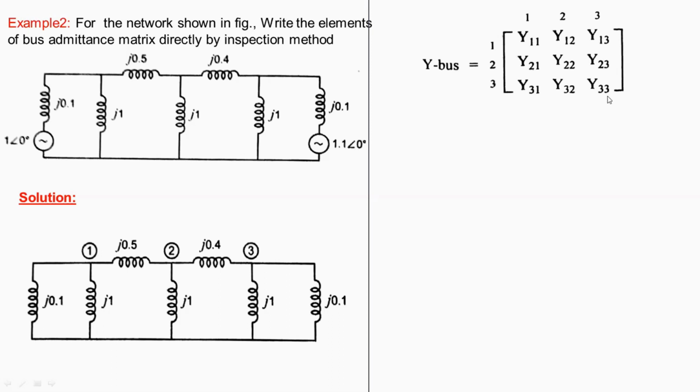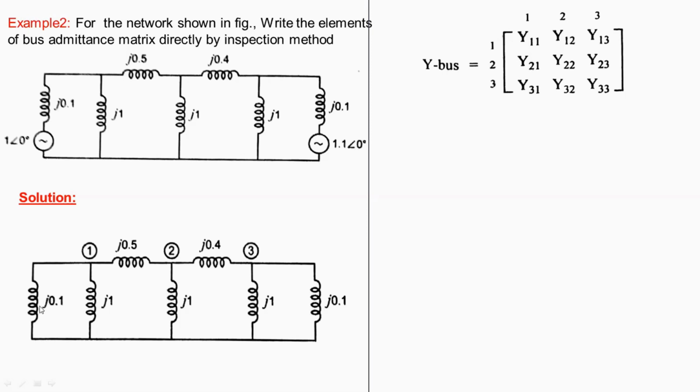The matrix elements are the diagonal elements and the off diagonal elements. We want to calculate the diagonal elements y11, y22 and y33. First you have to calculate the diagonal elements. First of all, y11. What is y11? The given value is the impedance value. So you take the reciprocal, then only you get the admittance value. The sign is positive, so this is impedance. Here these 3 impedances are connected to this node. Y11 means the sum of admittances connected to bus number 1.